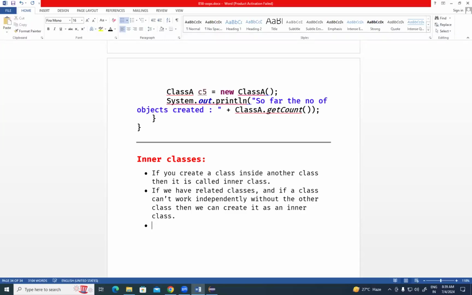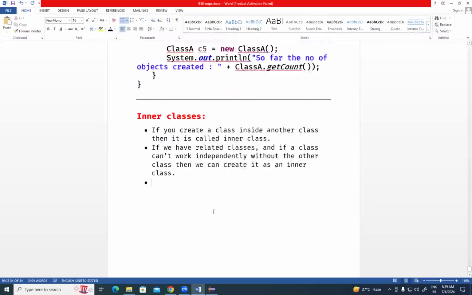So with this point alone, nobody can understand anything. With examples only you can understand. For example,